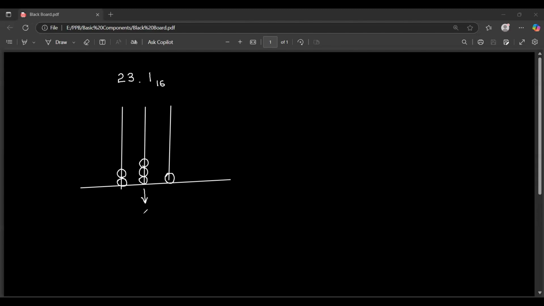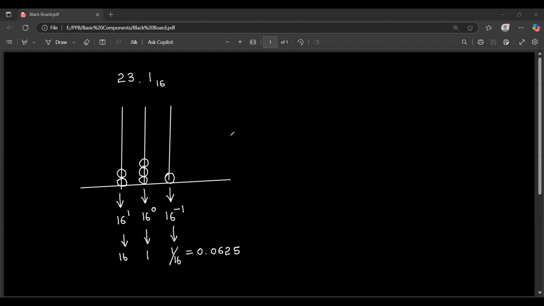Here we know it is equal to 16 to the power 0. The place value is 16 to the power 0. So this must be 16 to the power 1. And for this one, we have to reduce the power by 1, so it will be 16 to the power minus 1. Here we have the value of 16, here we have the value of 1, and here we have the value of 1 over 16. Okay. So which is equal to